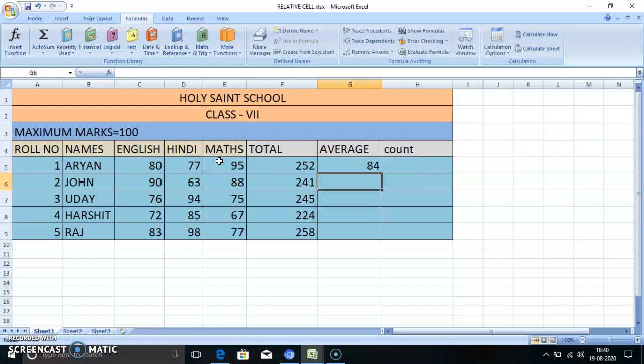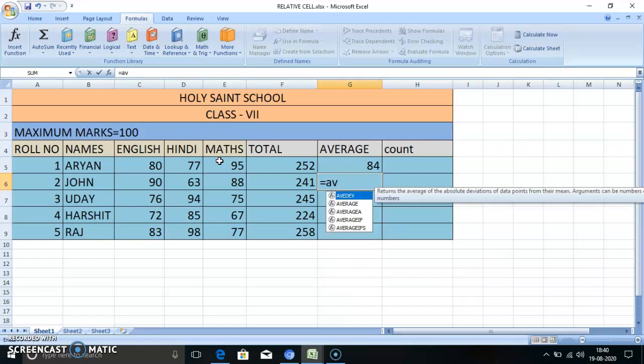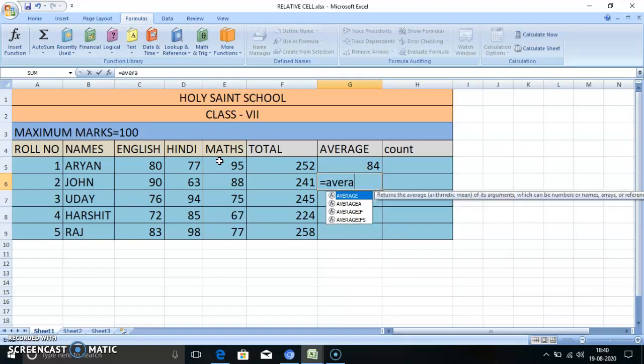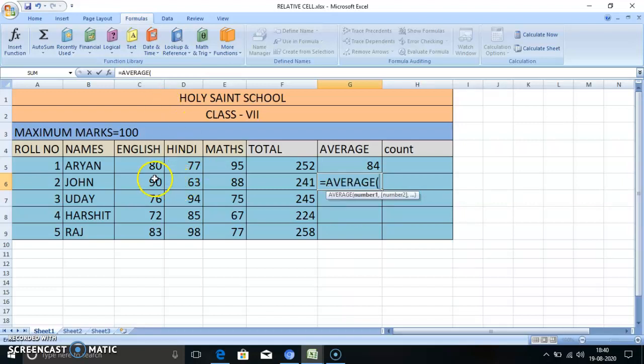Now press the Enter key, you will get the average of the numbers. Again you will see the formula AVERAGE, bracket, first one 90, range symbol, last one. Close the bracket, press the Enter key. In this way you have to find the average.